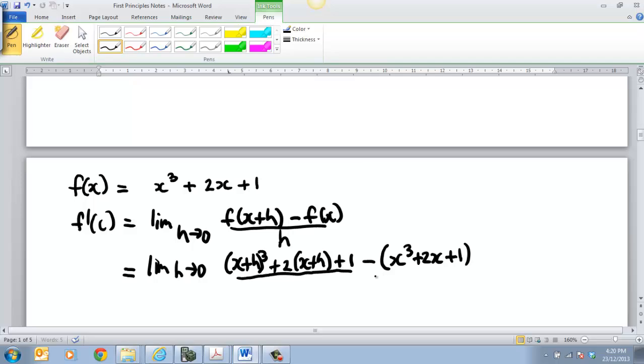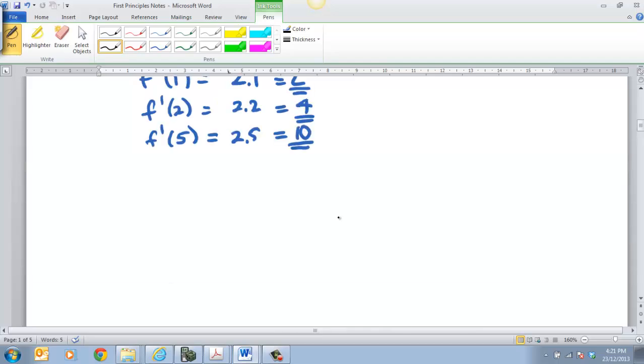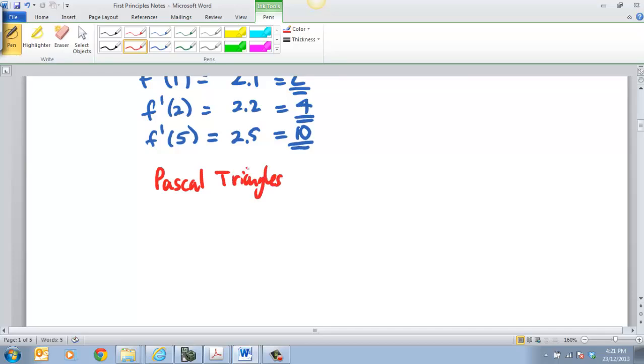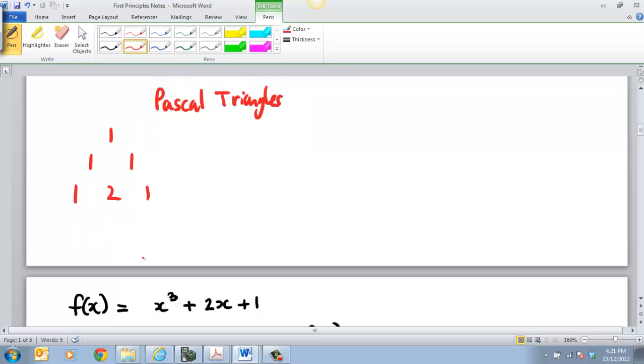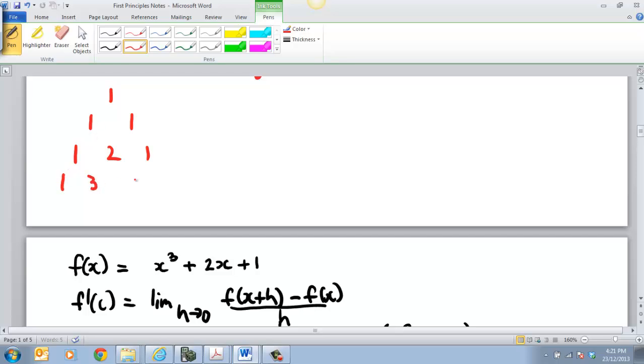I don't know how good you are at expanding something with terms like x plus h cubed, but I'm going to show you a little technique that I think is quite good. It's called Pascal's triangle, and I'll do that in red up over here. Pascal was a very famous mathematician, and this really makes life easy for you. We don't generally go much more than about to the power of 4. So the triangle looks a little bit like this: 1, 1, and then 1, 2, 1, then 1, 3, 3, 1, 1, 4,